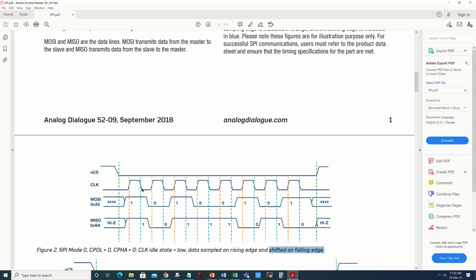So during the lower part of the clock, or the phase logic 0 part of the clock, you can set up your data, and then during the rising edge you are sampling the data again. This happens 8 times, and afterwards you can raise the chip select to 1. Now this MISO line, as I said, this is the CIPO line I was talking about, should be tri-stated. That is called the high impedance state. That means it is switched off. If there is no chip select, this MISO line gets switched off internally.